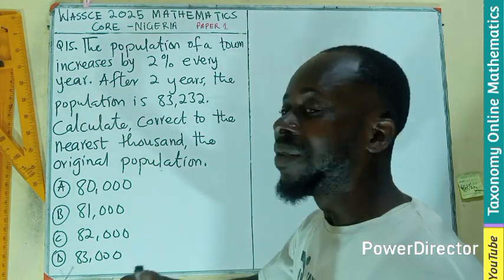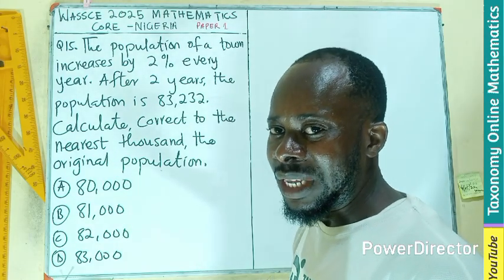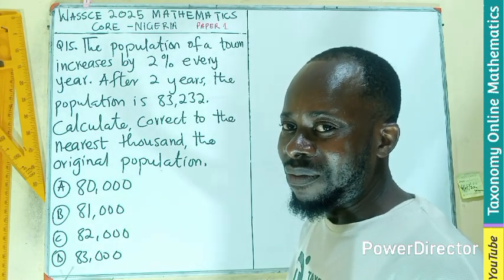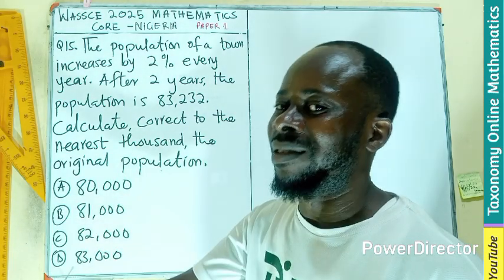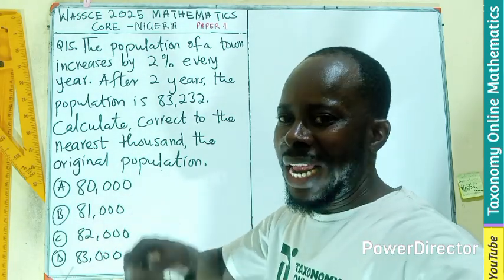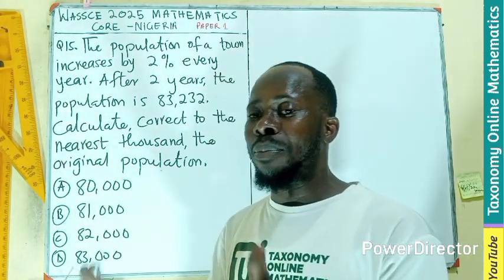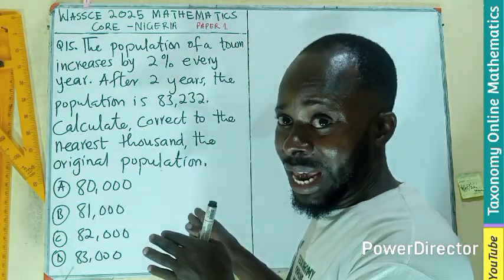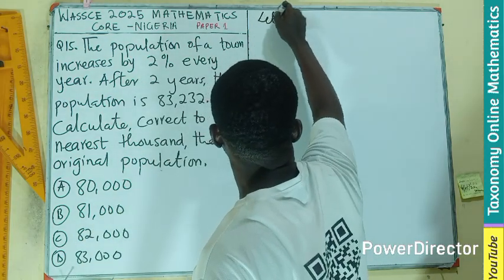it increases by 2% every year, it means that it is being compounded. If the population is 1,000 this year, and it increases by 2%, it means 2% of 1,000 plus 1,000 will be the new population for the beginning of next year. So that is like a compound interest. So section A, I'm going to go straight forward and let the